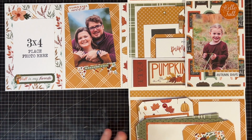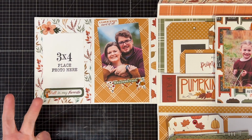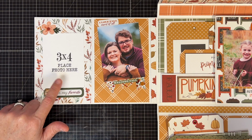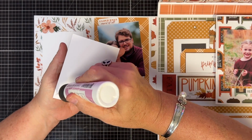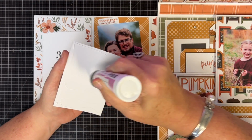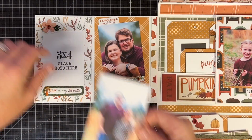So I just want to tell you real quick, isn't this easy? If you give this as a gift, especially the way I place the stickers in this one, how I put stickers high and very low because of my small images I'm using this time. It's so easy just to run through and glue these down. You don't have to do anything. If I was the recipient and didn't know anything about this album, all these places you told me to put photos and the size, all I had to do was go print my photos to size